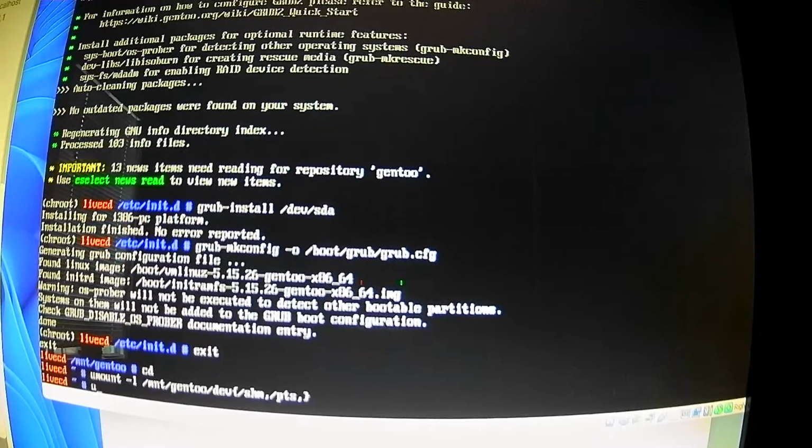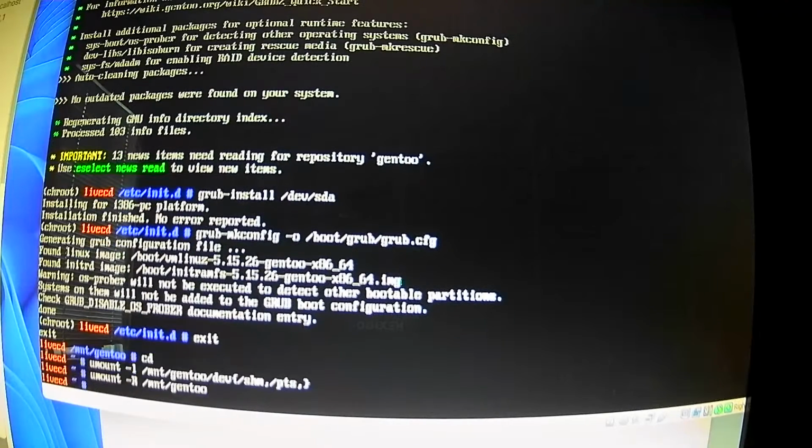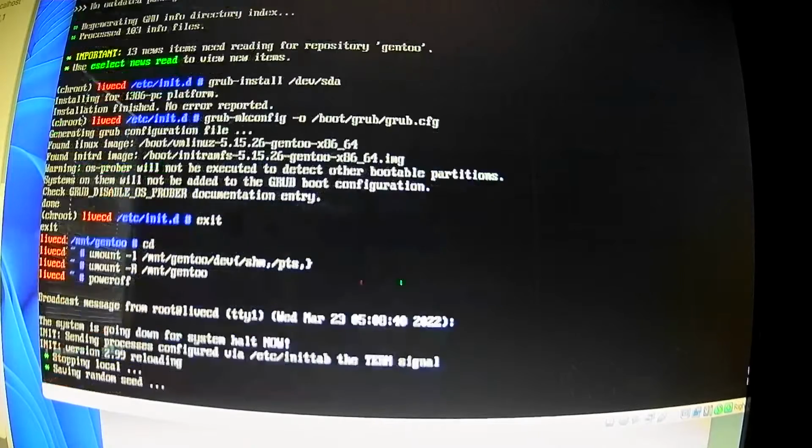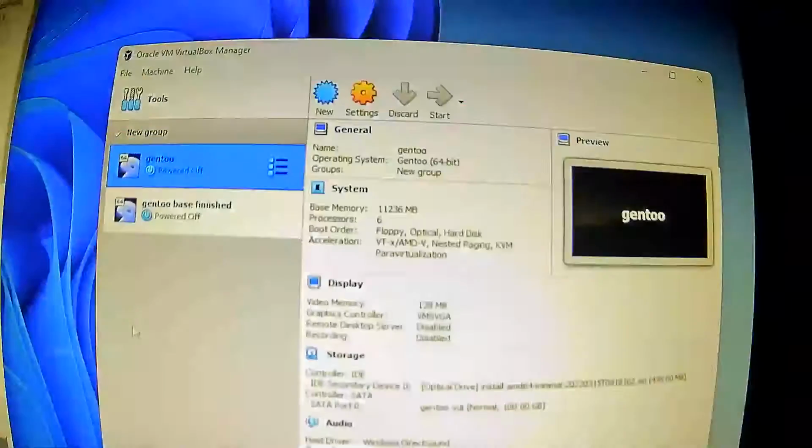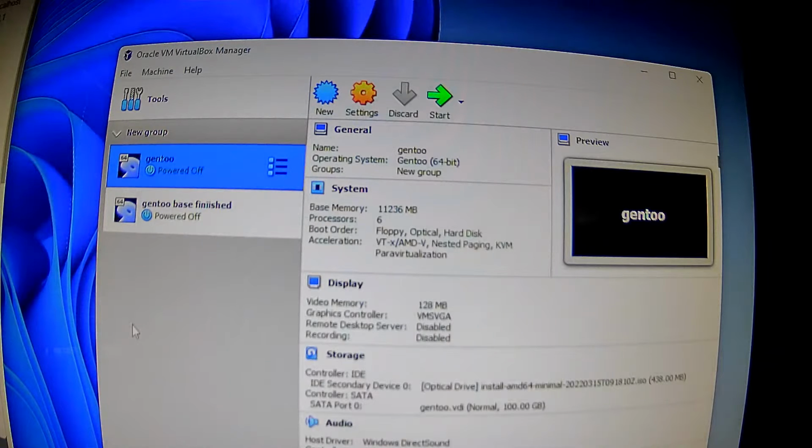And then type in umount -R /mnt/gentoo, and then type in the word poweroff. Oh, I don't think I have to power off. Well, just in case,